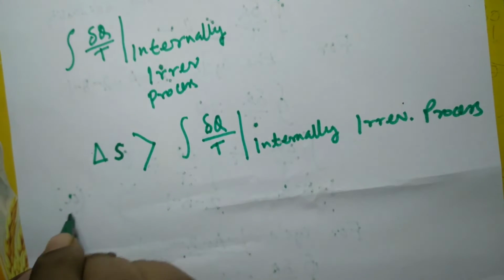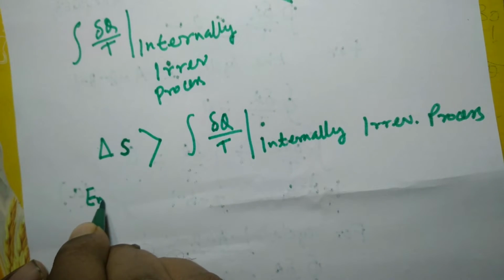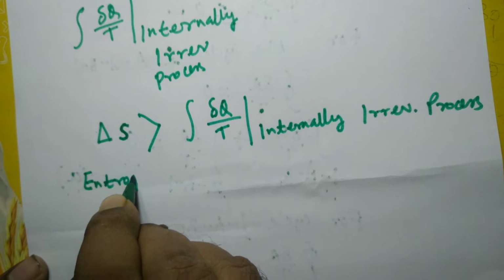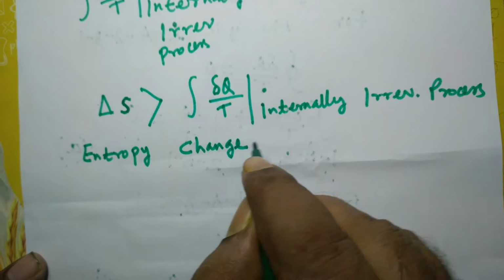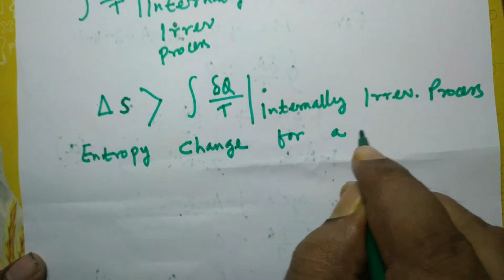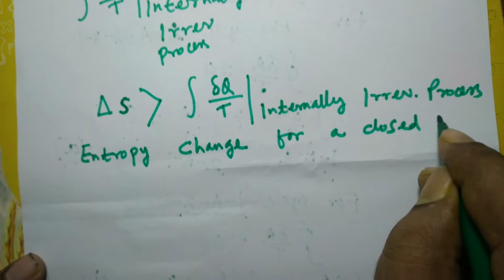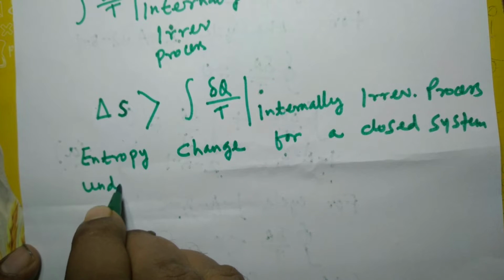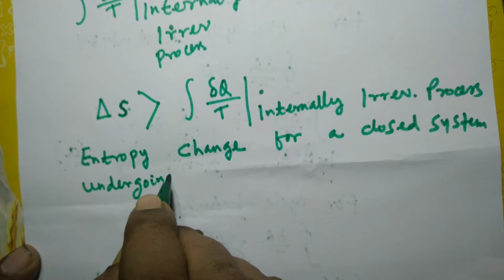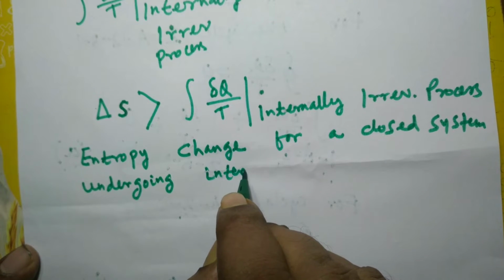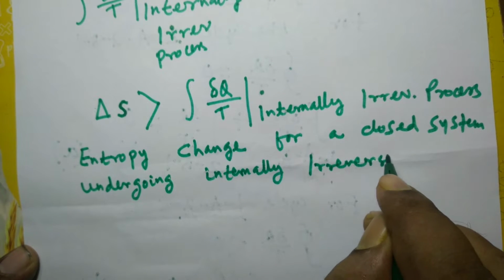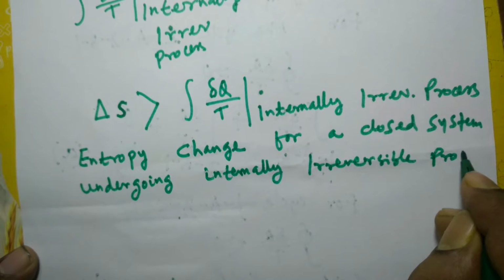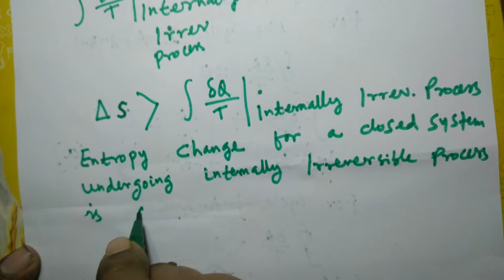In other words, the entropy change for a closed system undergoing an irreversible process is greater than